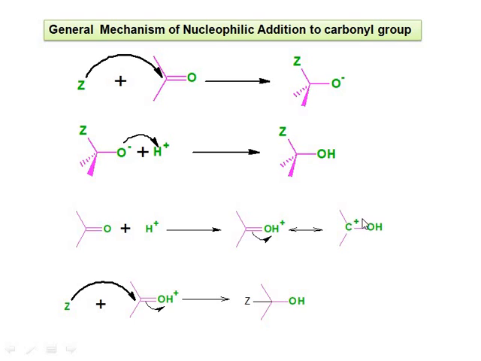So this positive charge on the carbon shows electrophilic nature, and therefore Z minus as a nucleophile attacks the carbonyl carbon. Due to the protonation of oxygen, the carbon becomes more electrophilic, and therefore the nucleophile attacks easily on this carbonyl carbon to form a nucleophilic addition type of reaction, as shown by the carbonyl carbon of aldehyde or ketone type reactions.